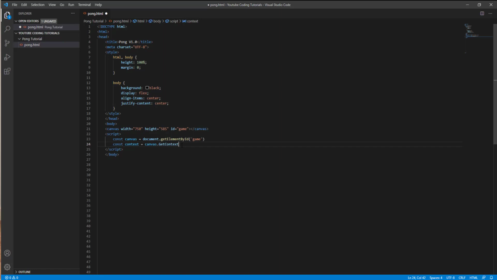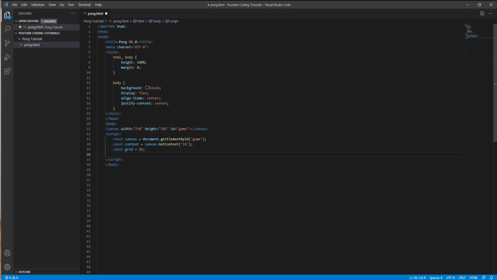So it should look like this, and then it's going to be 2D, so we're going to make sure that it is 2D, and then we can close that off. And then I forgot to close this one off, so I'm pretty sure that that should work right now. But on to the next one, we're going to go const grid, and then for our grid equals 15,